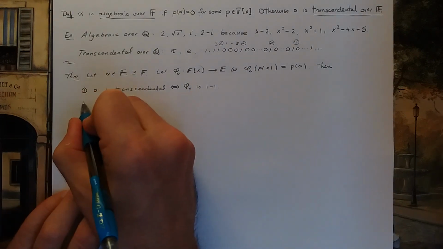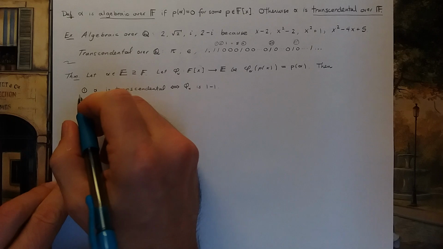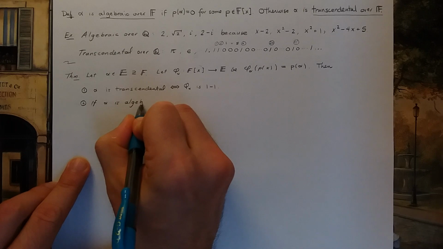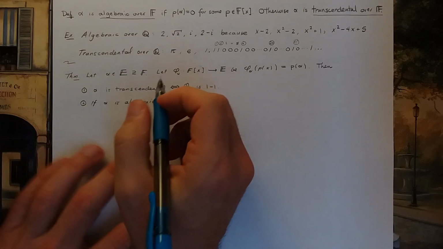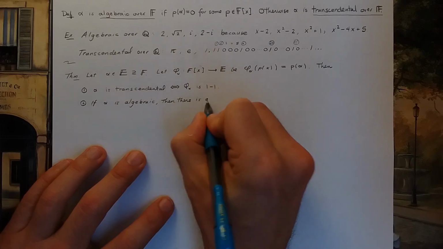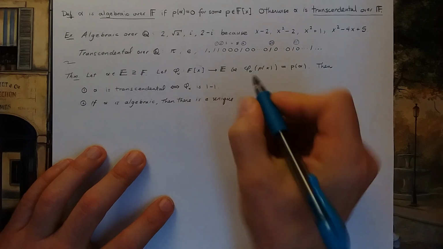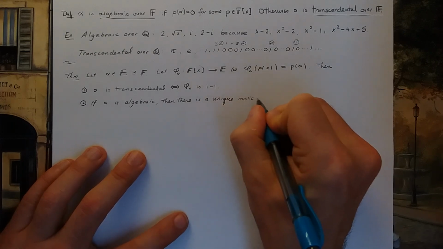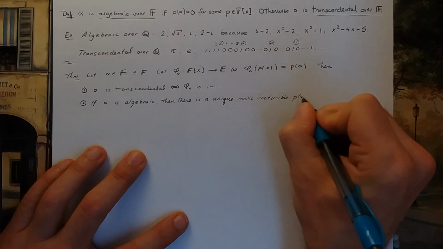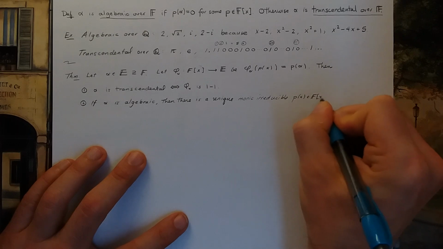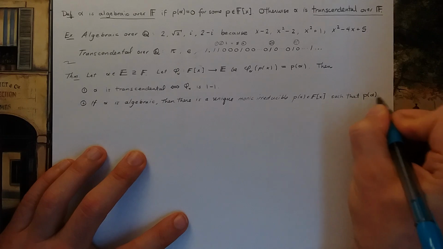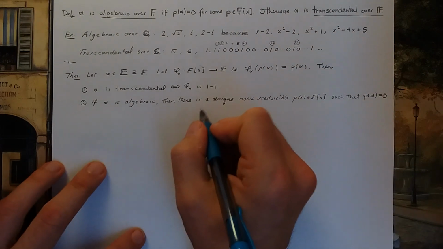And then the second condition I'd like to write down and prove is that if alpha is algebraic, then there is a unique monic, irreducible polynomial p of x with coefficients in your field such that p of alpha is 0, and furthermore,